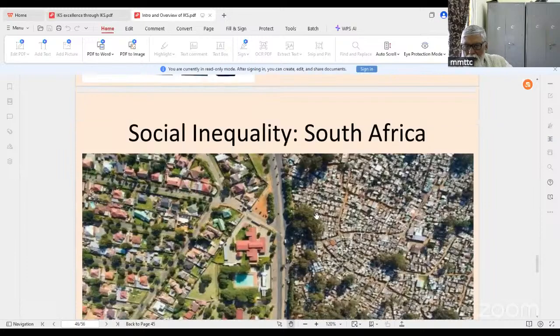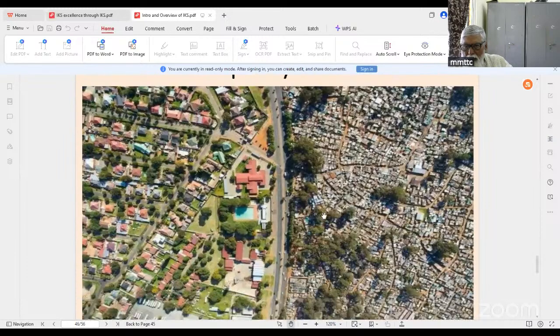And you will also see how they treat people. See, this is in South Africa. This is the main road. This part, you can see, even has a swimming pool, all that. Whereas here is a grown slum. This is where all the blacks live. This is where all the whites live, and this road would divide. Even now, some large localities in South African cities are like this.